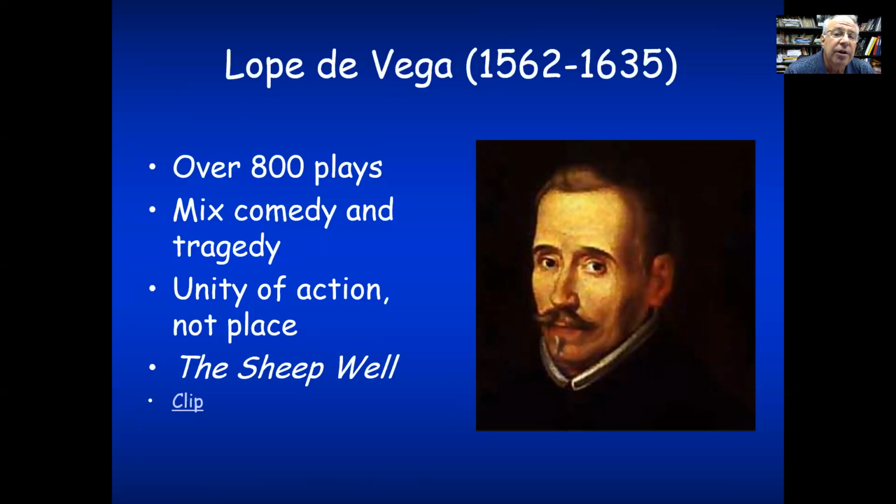And the town held firm. They did not budge. When they were questioned, who did it, who did it, people would say, Fuente Ovejuna did it. At the very end, the king and queen hear about the valor of this town, and so they become the heroes. So in Spain, it's a celebration of the common man, of the unity of a town and standing up for the right thing. It's a wonderful play,